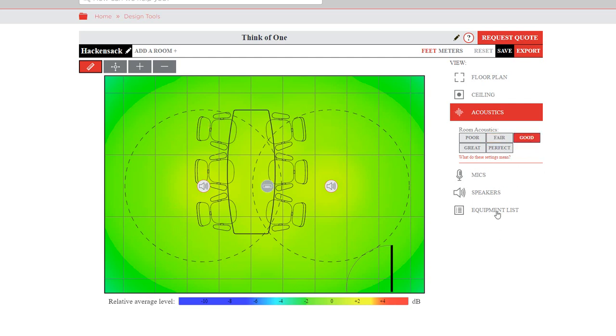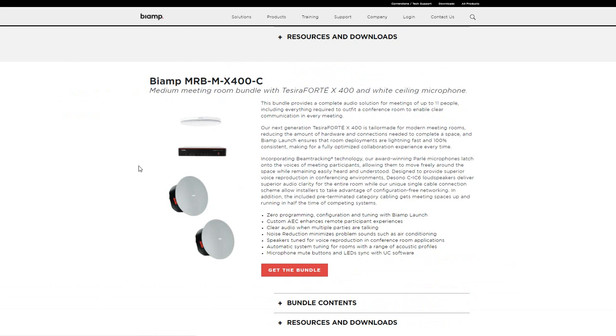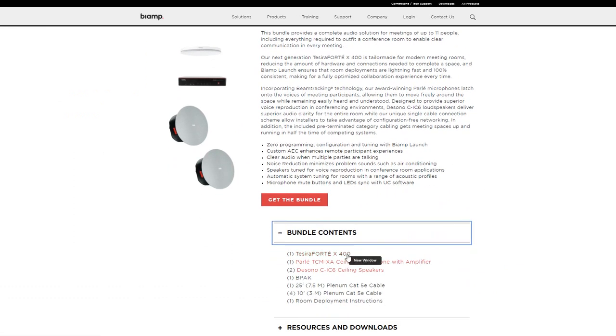Now I'm interested in what equipment I need. So choose equipment list, and it gives me this product code as well as a description of medium meeting room bundle. So I'll need to click on this link in order to find out exactly what is included in that bundle. If I click on bundle contents, here we go. So a Tesira Forte X400, the Parlay TCM XA, that's an amplifier with the flush mount ceiling microphone, as well as 2 DeSono CIC6 ceiling speakers, as well as some hardware. These bundles include cabling, by the way, and instructions for the room